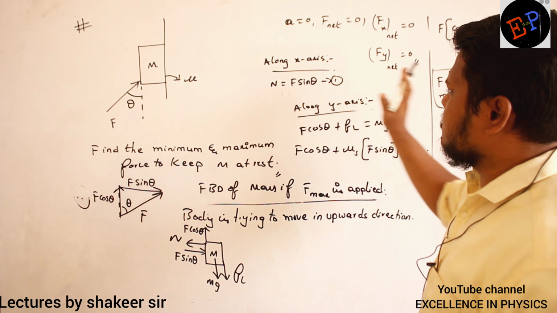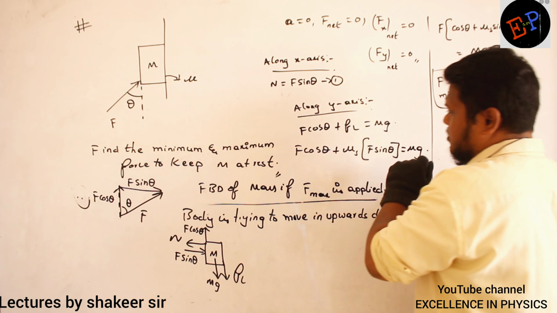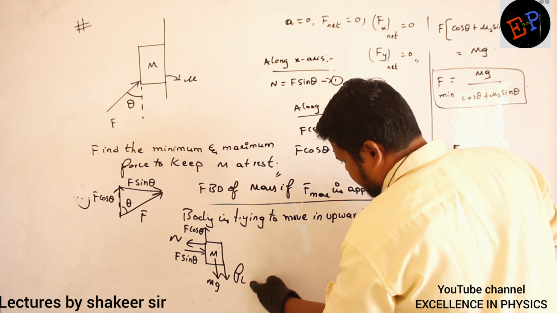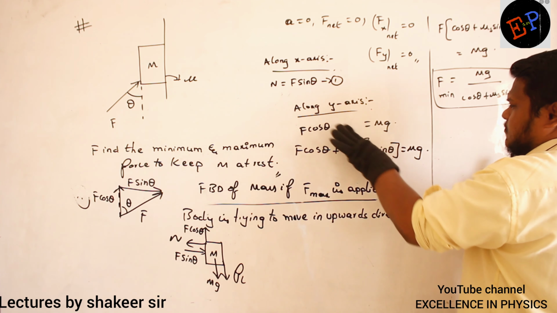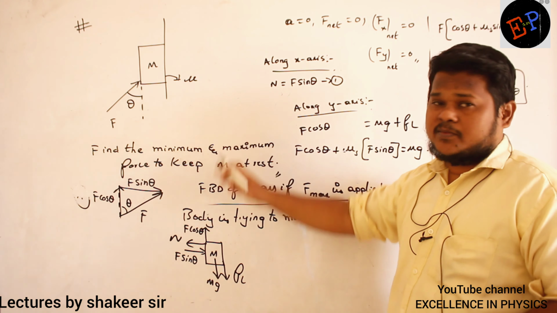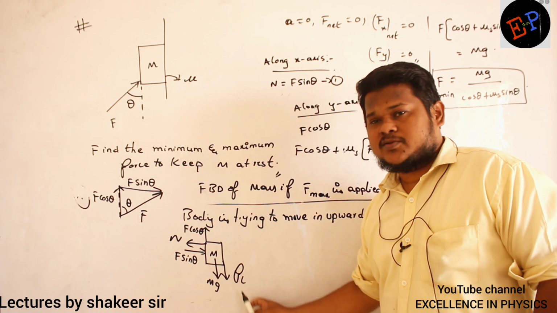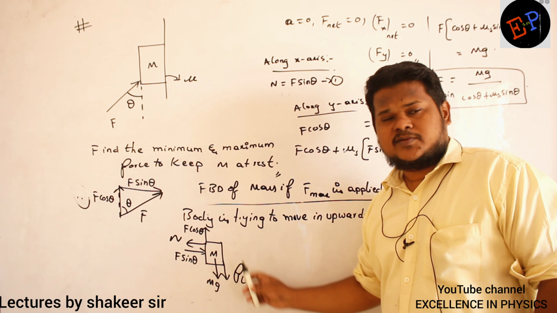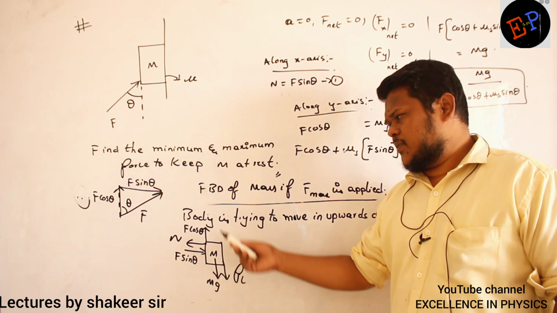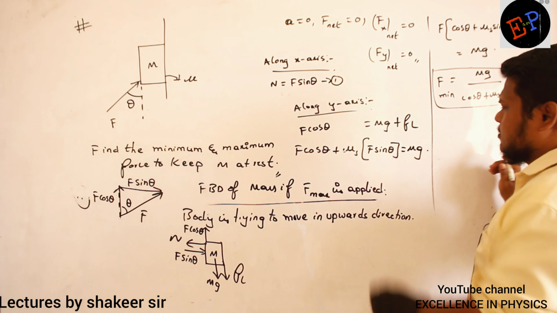Along x-axis, N is equal to F sin theta, this is also satisfied. The only equation which is not satisfied is Mg and FL, they are acting in downwards direction. So this FL I will send to this side. Clear now? F cos theta is the supporting force. Now F cos theta should support these two forces. It should support Mg also, it should support limiting friction also. So definitely my applied force should be greater, no? Are you able to understand? So therefore